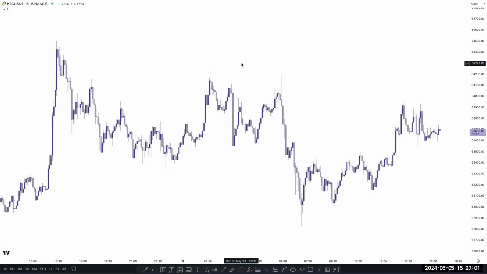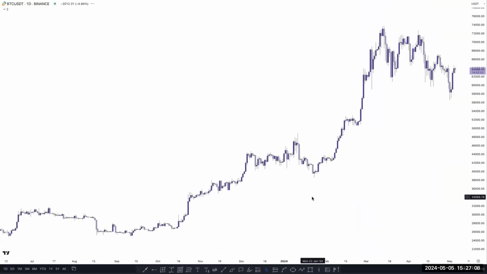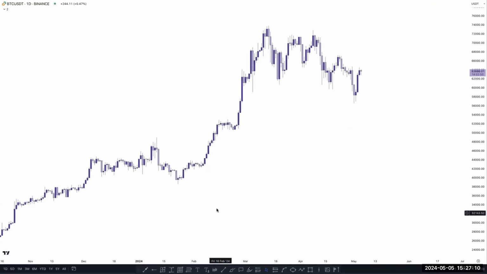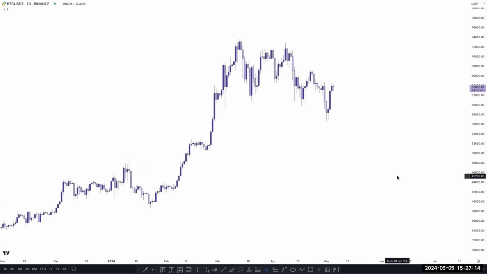So first of all, I'm going to start from the Bitcoin chart and start from the higher time frame first. What is happening here and what can we expect here? Look at this one. This is our Bitcoin chart in a daily time frame. Structure is bullish here. So if market momentum is bullish, then what are you looking for here? Simply we are looking for the buy.